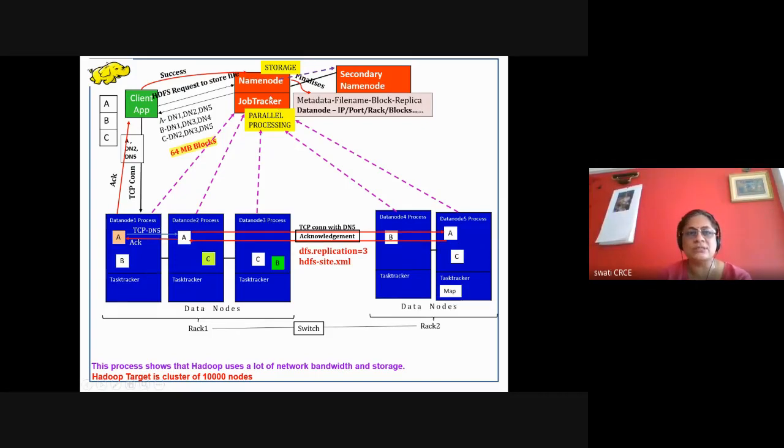So I'm just giving this as a computer, and what we are calling name node and data node are computers. But these are commodity hardware. Commodity hardware is a simple machine, a normal configuration machine with the Linux operating system.